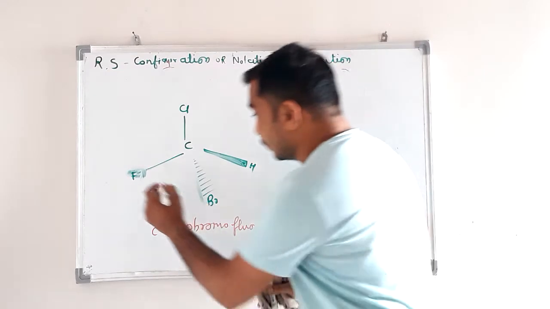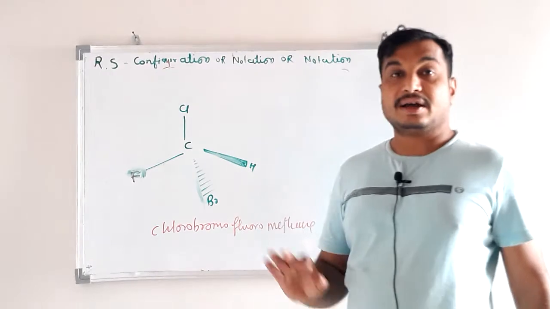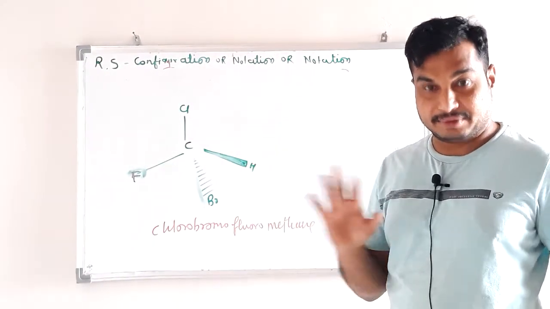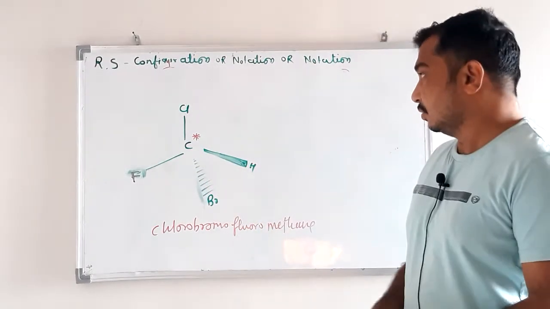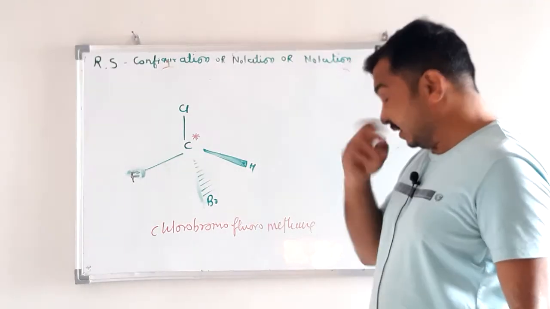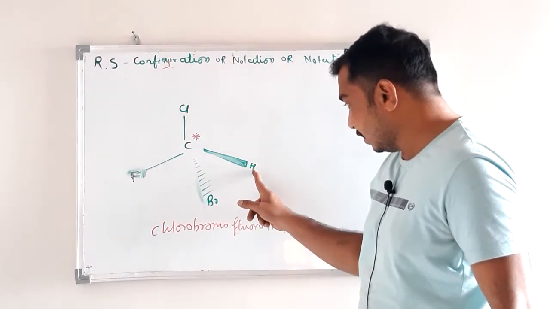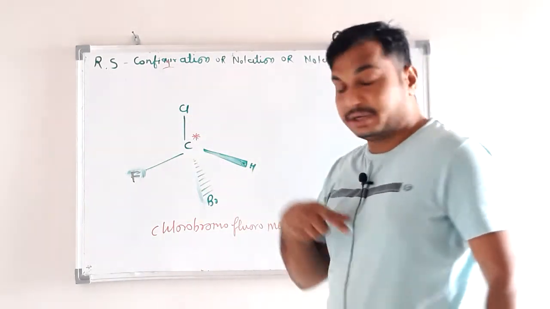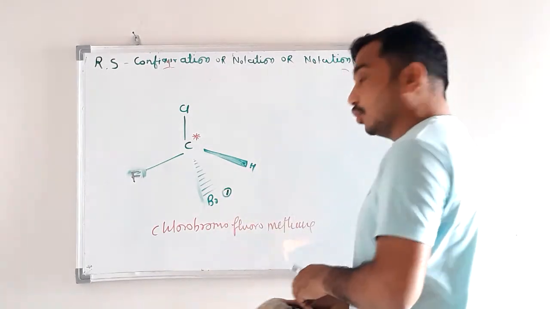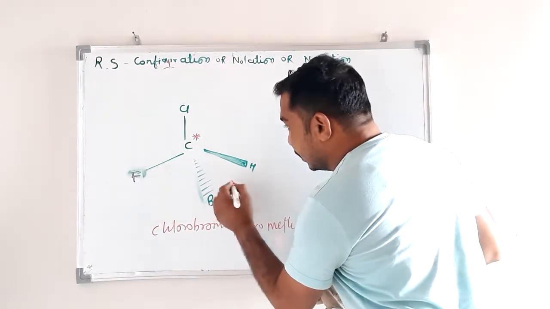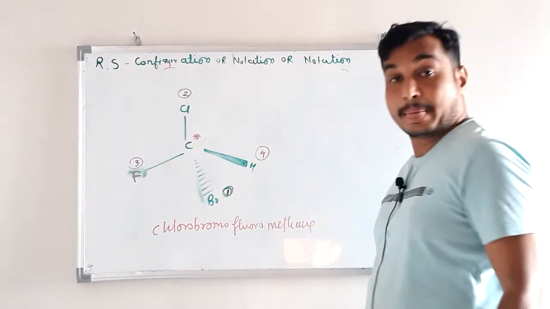What we have to do? Here fluorine, same step, identify the asymmetric carbon atom or chiral carbon atom. Yes, it is present. So we can move further, next step. Then give preference to chlorine, fluorine, bromine and hydrogen. Among these 4 substituent atoms, bromine has the highest atomic number, okay. So number 1 bromine, number 2 chlorine, number 3 fluorine and number 4 hydrogen.